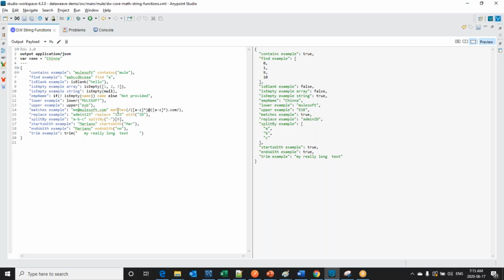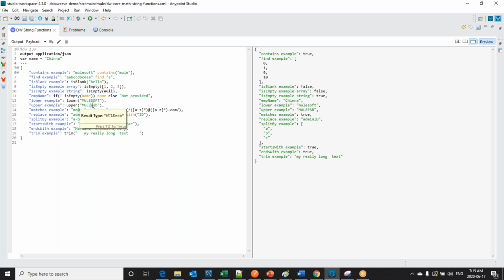Okay. And next, we would like to get the lower of some text. Sometimes we might need to check irrespective of lower or upper case. So during that time, we can make it into lower and compare it in a similar way. We can get the upper, converting small letters into upper letters. Even if I have a combination of both, it is still able to convert totally into upper.